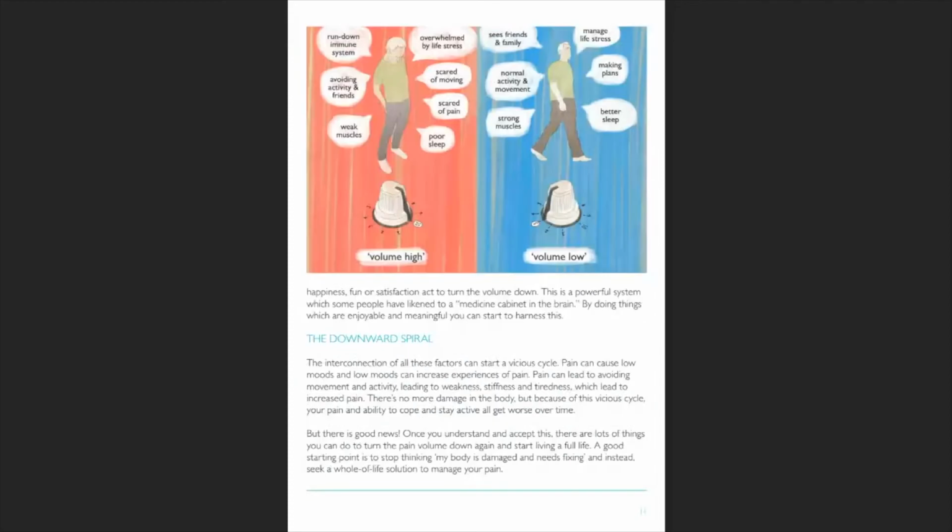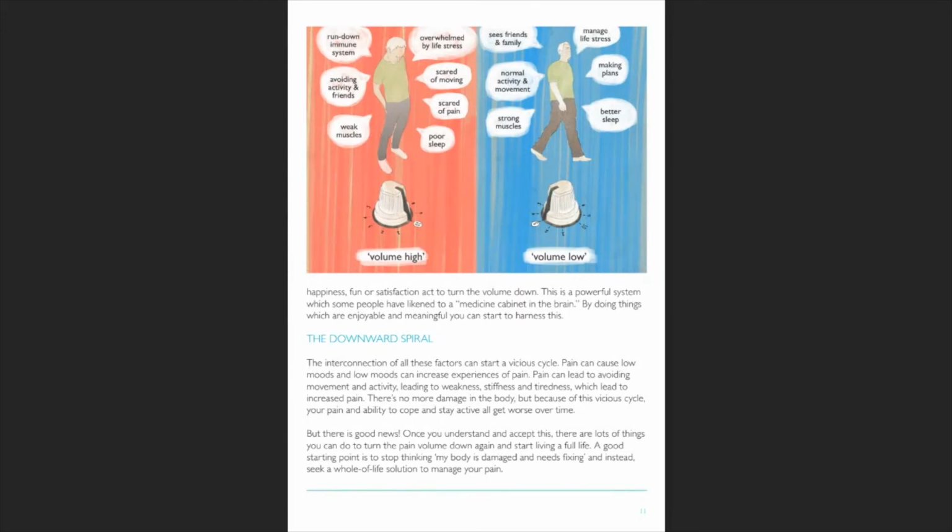There's things for turning pain up. So being run down, immune system, avoiding activities and things that you enjoy, not sleeping well, fearing the pain. At the moment, I'm in a state of a little bit of fear because I understand that the mechanism of my back injury could turn to a neuropathic pain. So I have that fear. It's going to be adaptive that I have that fear until I have some evidence over the next week that that hasn't happened. So these things turn the pain experience up.